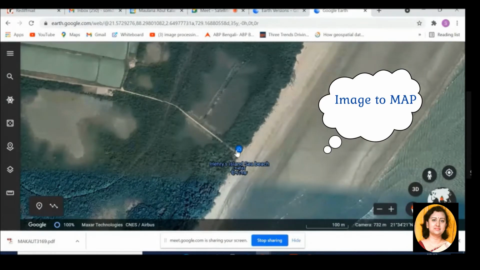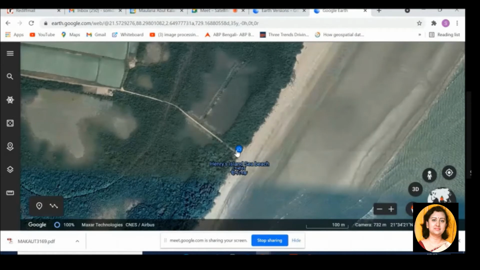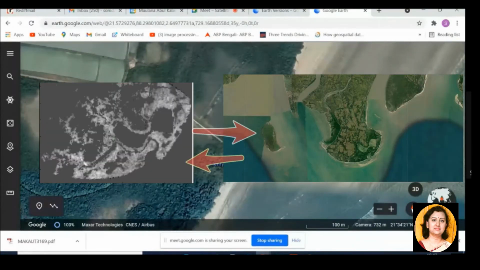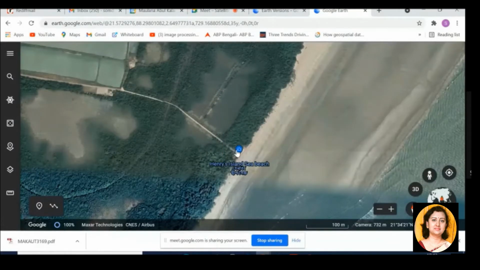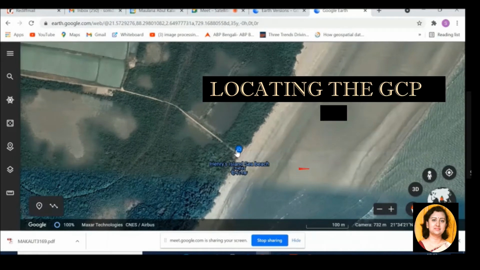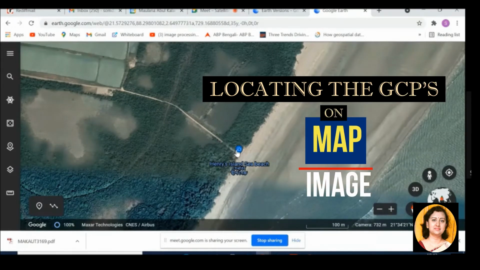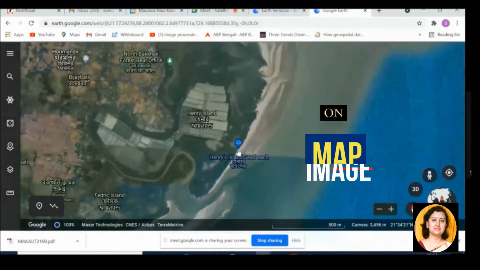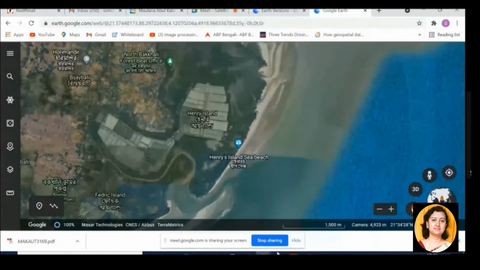Now the image is the uncorrected image of Henry Island, and the map is the Google Earth image that I have opened from the internet. Now the next step is you have to locate ground control points on the map as well as the image. Okay, so if I open ENVI software,